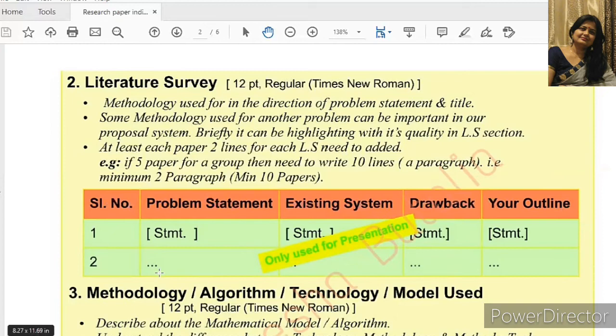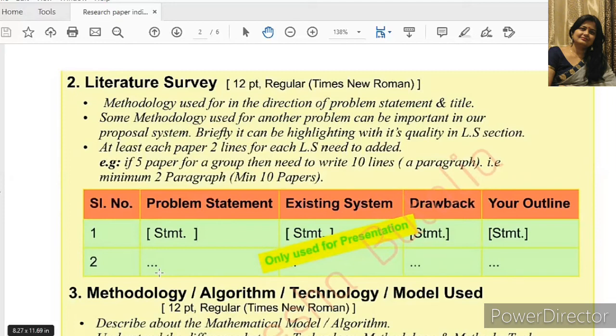But mind well, even if you have 350 research papers as a PhD project, your top 10 papers would be the papers you need to grab again and again. So at least you should have 10 rows in this table to evaluate that you are on the right path. That is a sufficient literature survey. So this is all about literature survey.